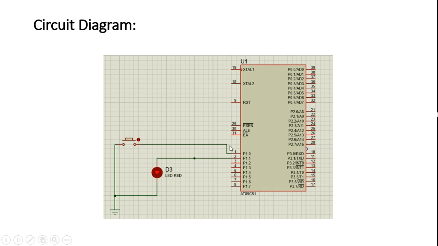If it receives 1 it sends 1 and the LED remains on.